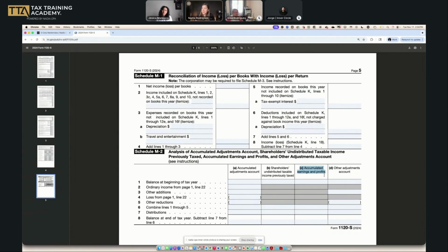Accumulated earnings and profits. What that is, a C corp. So when you're a C corp, you have to pay 21% tax. And then any profit that you have in the C corp after paying all your expenses, after paying the tax, if there's any more money in the bank account and the shareholder wants some of it, the C corp can distribute that money to the shareholder, but they have to issue a 1099 dividend. It's a taxable dividend. So then the taxpayer on their Schedule B has to put how much dividend came in,